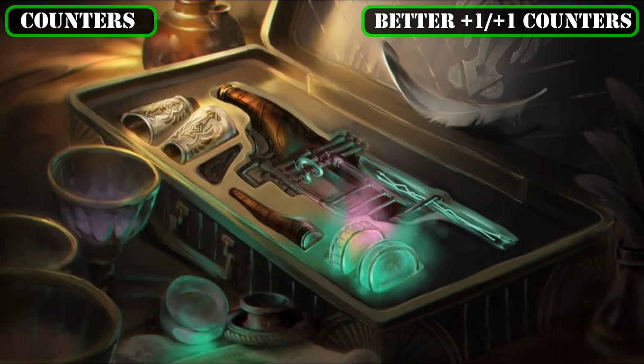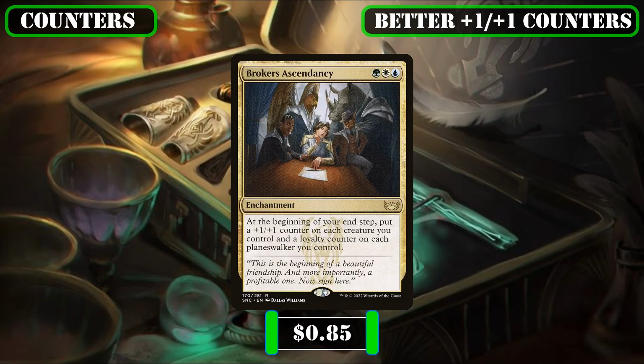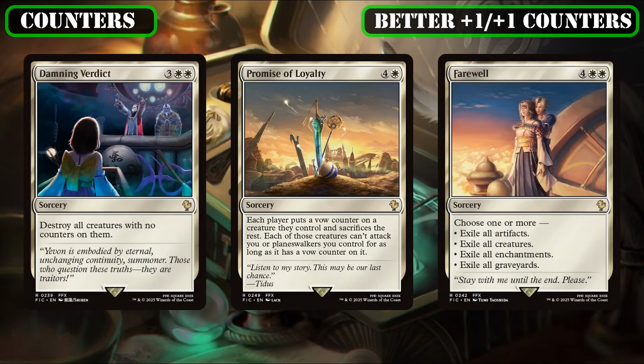As such, we'll begin by sidelining Fight Rigging, whose single +1/+1 counter per rotation is a bit weak even when considering the potential free spell it can generate, to make space for Broker's Ascendancy, whose repeatable board-wide +1/+1 counter distribution is much more impressive while occasionally growing our Elspeth's loyalty as well, swapping out Promise of Loyalty, which is not a bad board wipe but is simply outclassed by the more on-theme or simply more powerful board wipes already in the build,